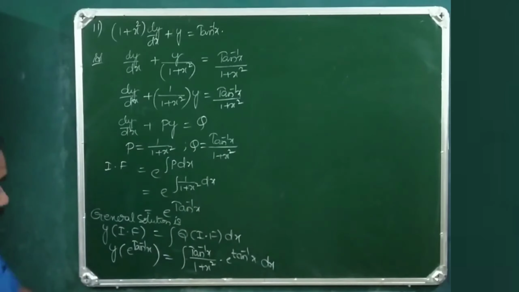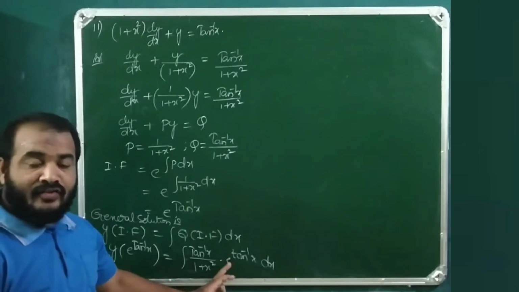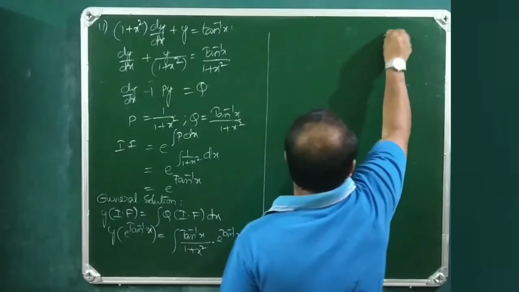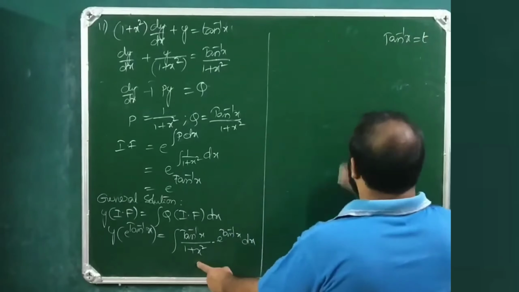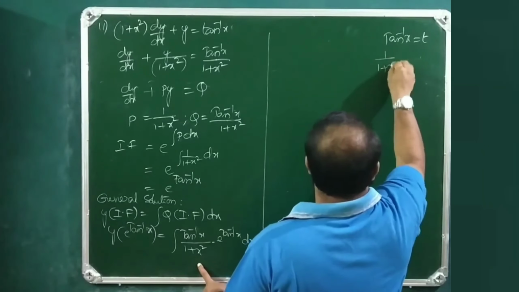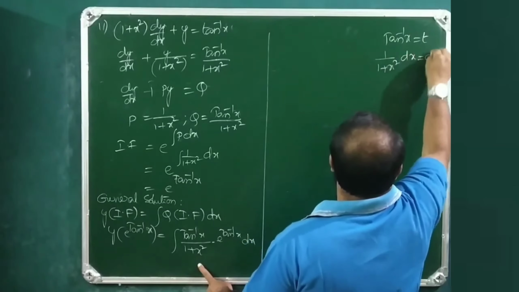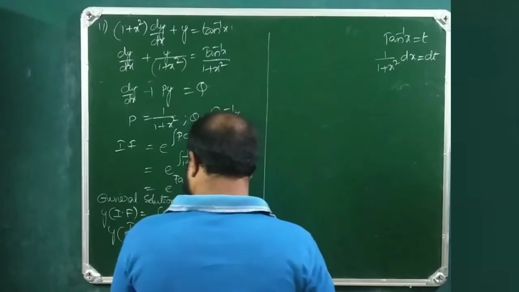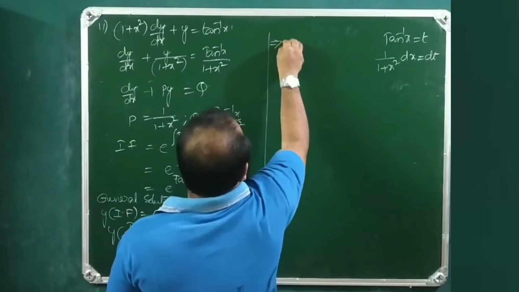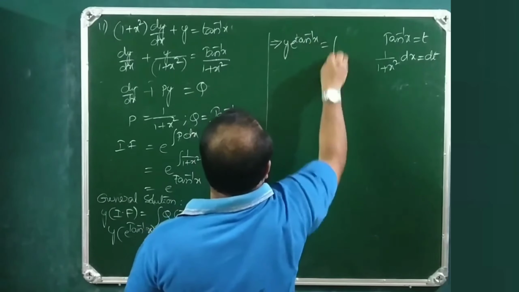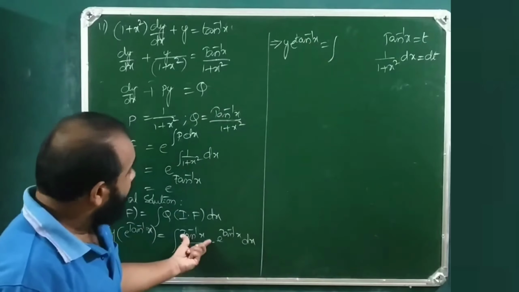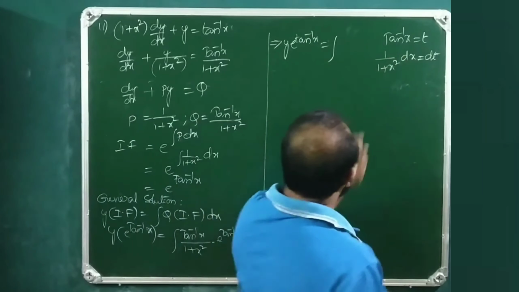Now let us take tan inverse x to be t. Then 1 by (1 plus x square) dx equals dt. So this implies y into e power tan inverse x is equal to, with tan inverse x as t,